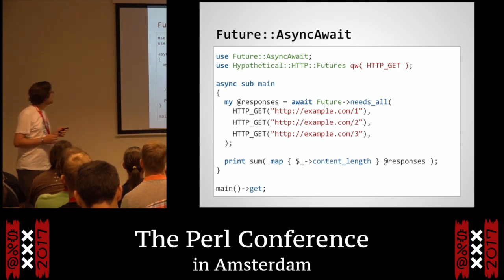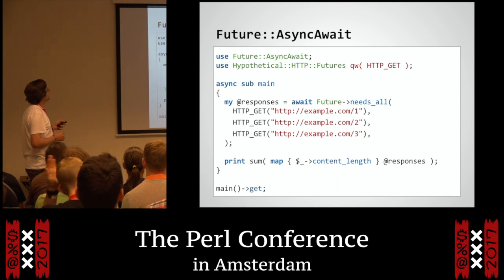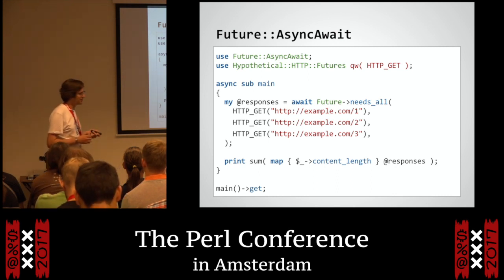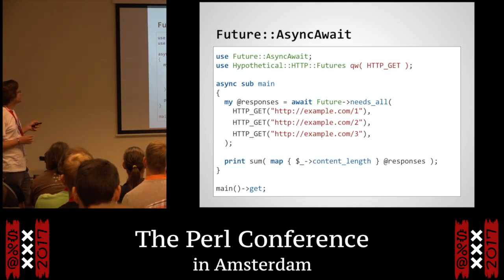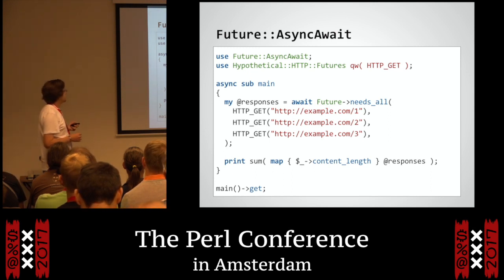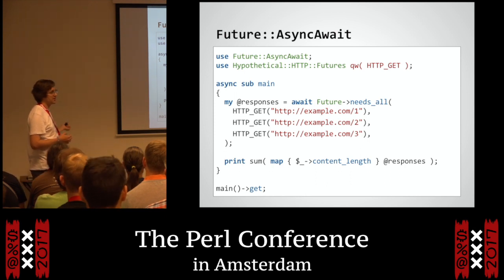So, back to our how long are these three pages example. All of this is real code you can run right now, other than this hypothetical thing. You can implement that function in about 5 lines of code, but I couldn't be bothered to squeeze it in here. So again, we have these async and await keywords, and this module here is a syntax hook that builds into the interpreter and adjusts the way the parser is going to parse these things, and actually adds a whole new set of internal ops to make them work. And so this code basically works the same as any of the previous language examples.